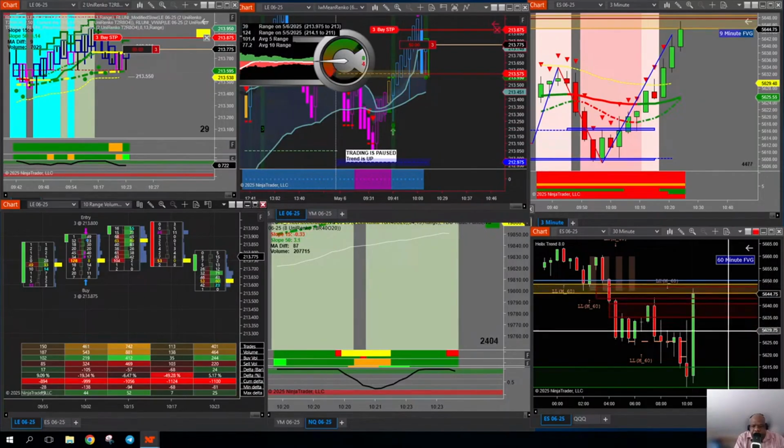Yes, that's a big candle on the 30 minutes here. The 30 minutes hasn't even closed yet, but you can see that it kind of engulfs everything for the last almost 6 hours. Well, not 6 hours. 1, 2, 3, 4, 5, 6, 7, 8, 9, 10. Yeah, about 5, 6 hours. It's a big